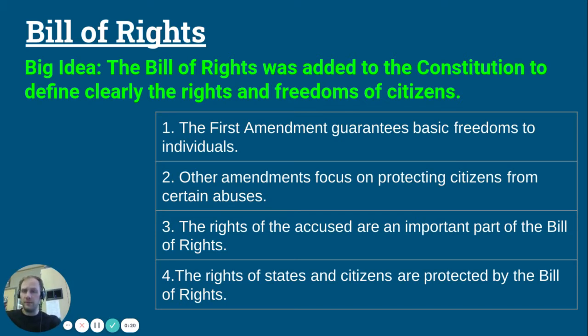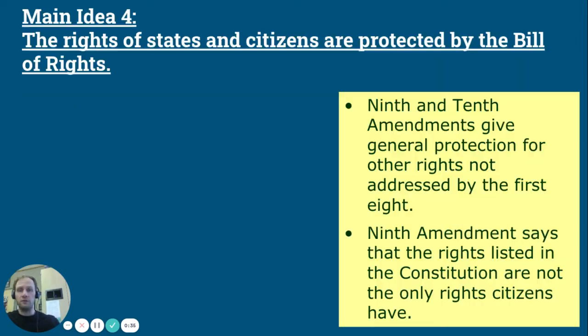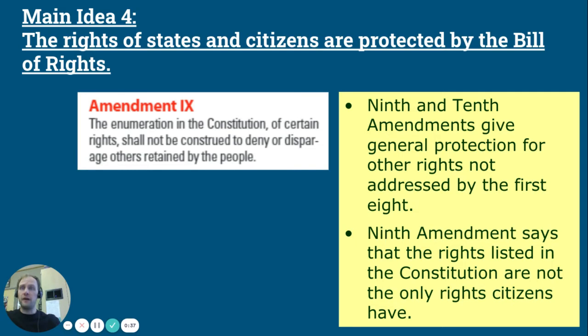So with these two amendments, the focus will be on the rights of the states and citizens and how they're protected by the Bill of Rights. And then this one's a little bit more general. We've been getting to some really specific rights and protections that the Bill of Rights has. This one's a lot more general. So the final two amendments, Amendments 9 and 10,